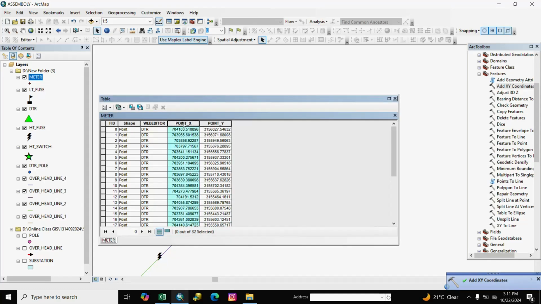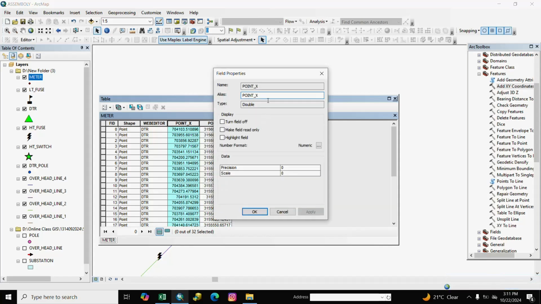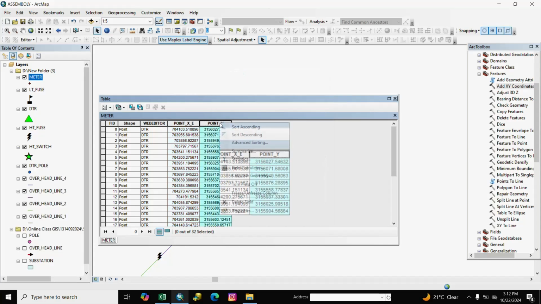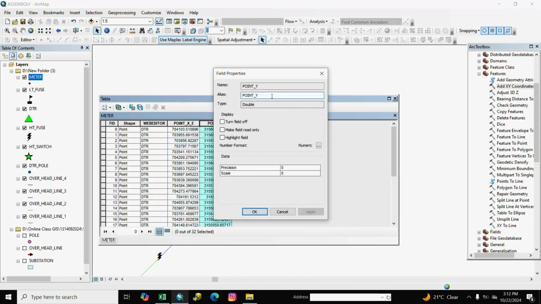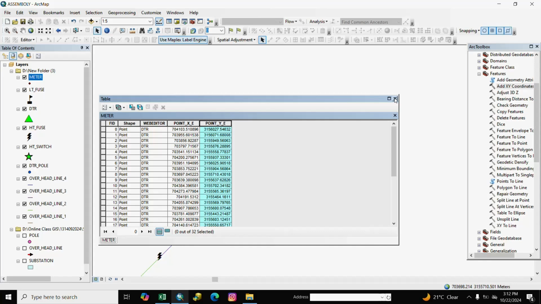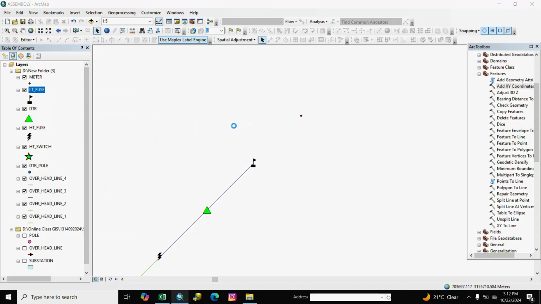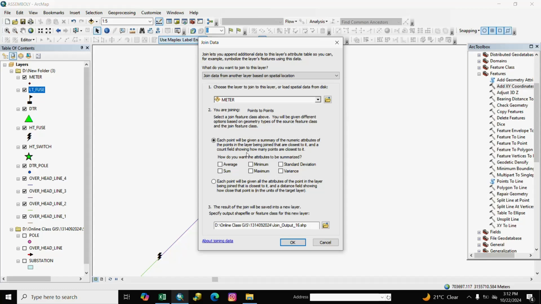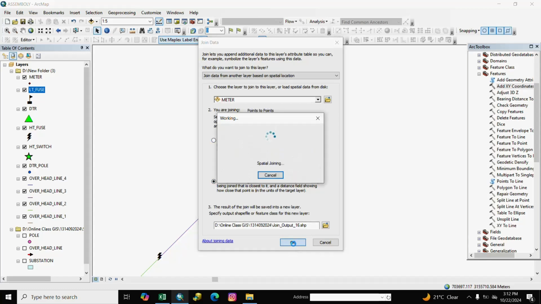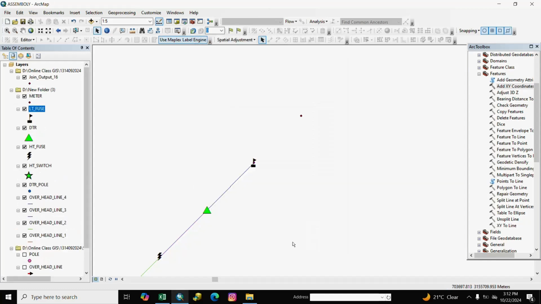Here it added XY coordinate, we write here underscore E, underscore E, and OK. We special join fuse to meter, and OK.